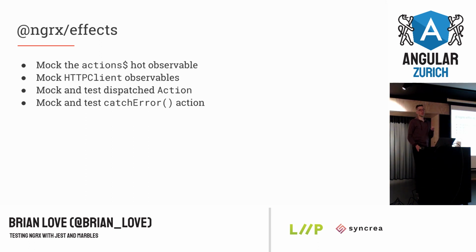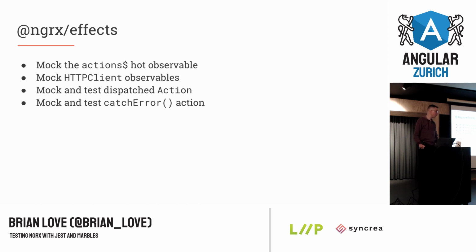So there's a couple things we're going to need to do to test our effects. We're going to need to mock out the actions. That's a hot observable. So whether or not you're subscribed or listening in an effect to an action, actions are always being dispatched, right? So the producer is producing no matter what, right? So we need to mock that out because we're not going to actually want to be dispatching hot observable